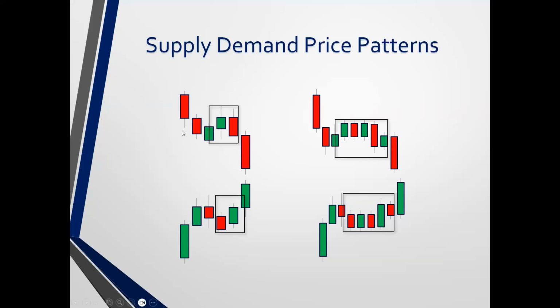Okay, I think I have my mouse visible here. On the top, the one with the red bars, we're dropping. You can see the little box here, and then we decline away from that, right? So the top left as well as the top right are our 2 supply patterns. On the bottom, I hope you can see the mouse here, we have a rally, consolidation, and then a further rally to the upside. These are just 2 representations of demand, one having fewer bars and the one on the right having a greater number of bars. But suffice to say, they are both demand patterns.